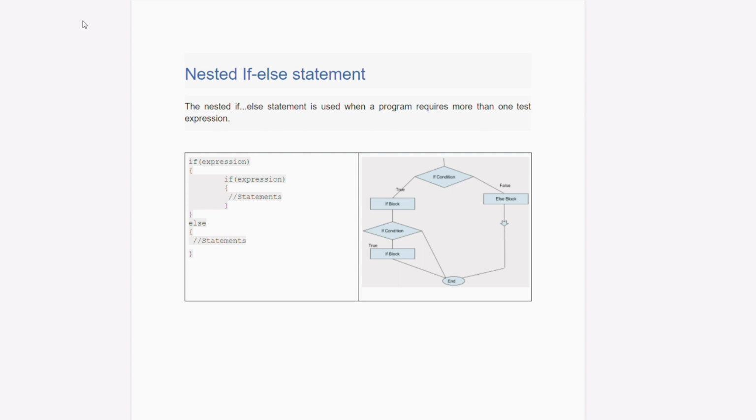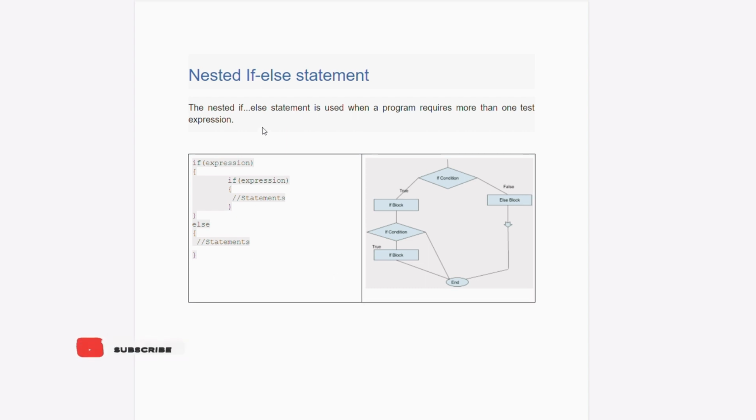Nested if else. The nested if else statement is used when a program requires more than one test expression. This is the syntax of nested if else, where we'll be having multiple expressions to be validated before executing the statement.